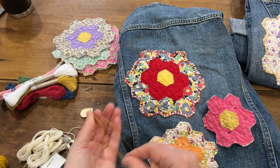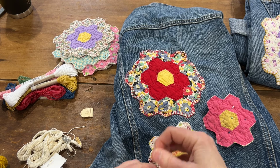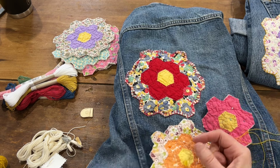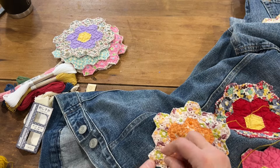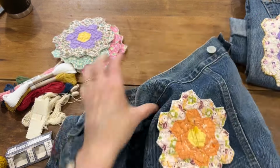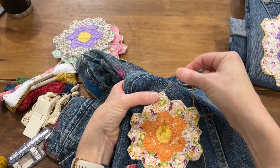Again, I'm going to make my quilter's knot. I start my blanket stitch at the top of where